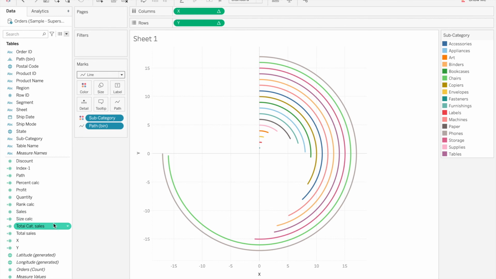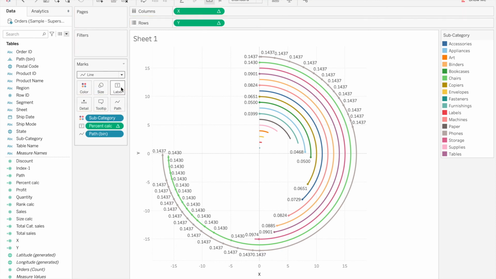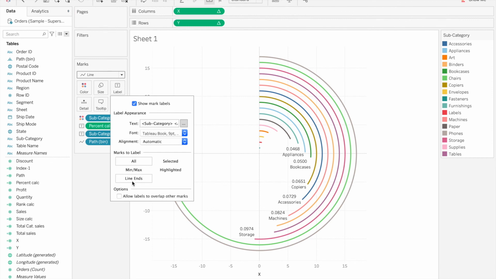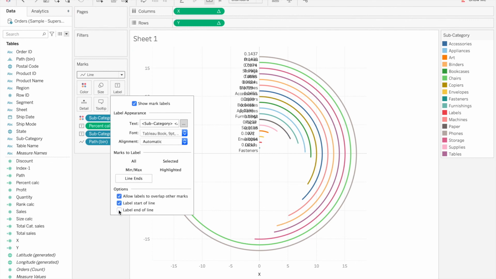In order to add the percentage calculation numbers, we will drag percentage calculation to labels, as well as subcategory to labels, and let's make some small changes here.